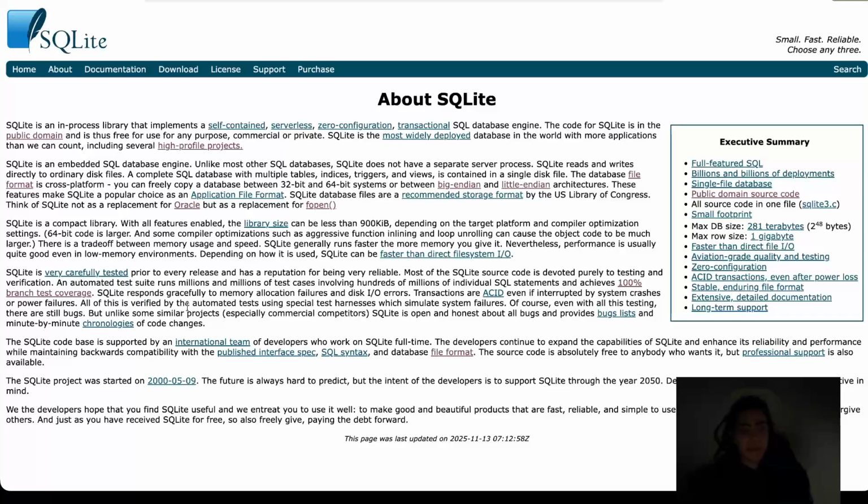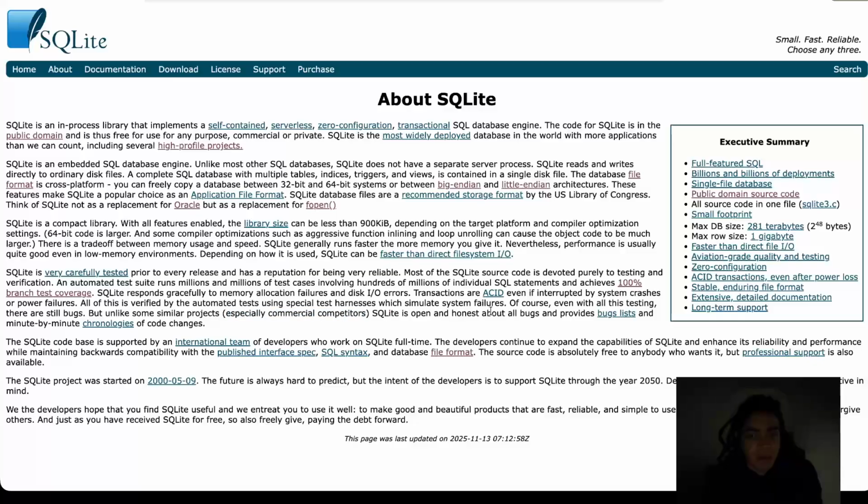All of this is verified by the automated tests using a special test harness which simulates system failures. Of course, even with all of this testing, there are still bugs, but unlike some similar projects, especially commercial competitors,